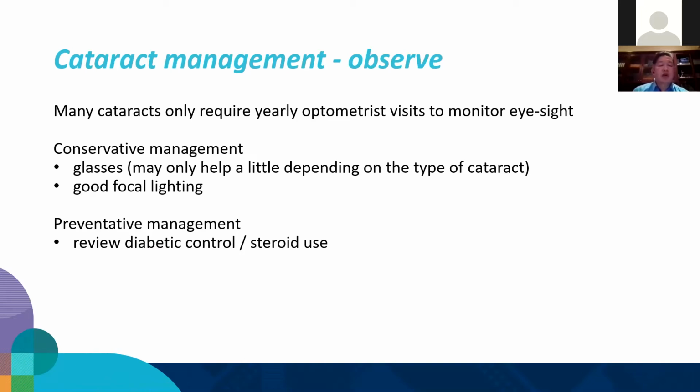If it's related to the diabetes and steroid use, that needs to be looked at and controlled. Smoking cessation, I think, is important for any patient, not just for the eyes, but for the rest of the body. And there's the thing about reducing sunlight exposure, which is still a little bit of controversy as to whether it is related to cataract formation or not. But then again, a new pair of sunglasses will also reduce sunlight exposure to the eyes, especially in the hot Australian sun.